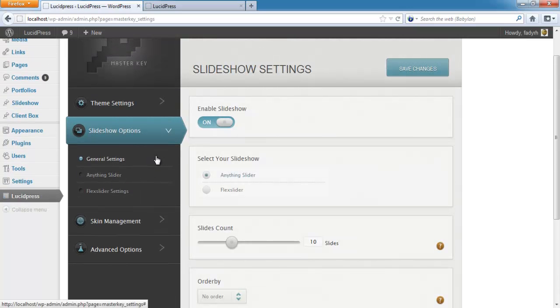General settings are applicable to the whole slideshow on the home pages or any other pages on your website. It's worth mentioning that you can add slideshows on any page, your blog, your portfolio, and so on. It's not really confined to the home page. So